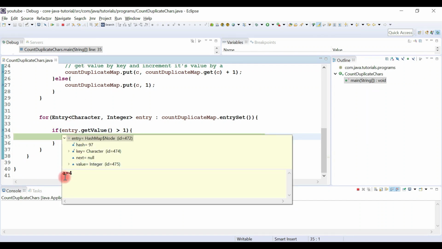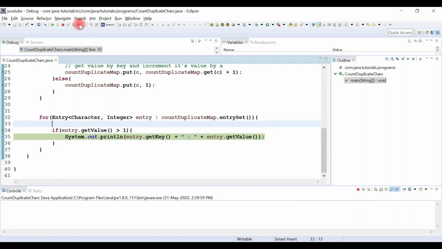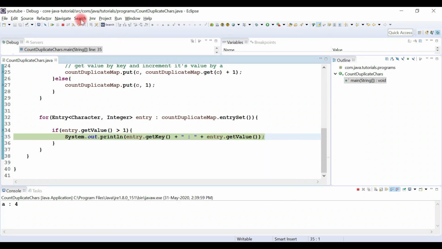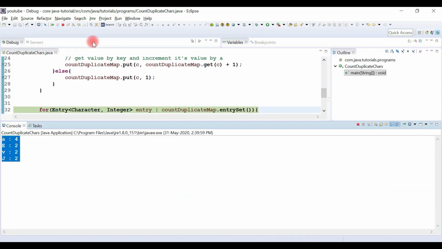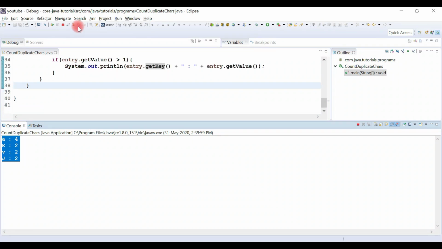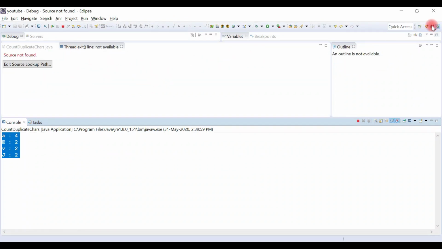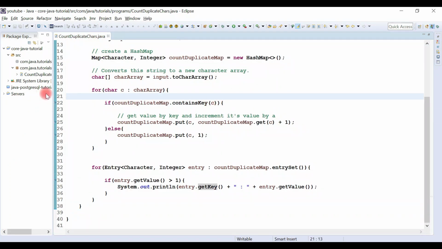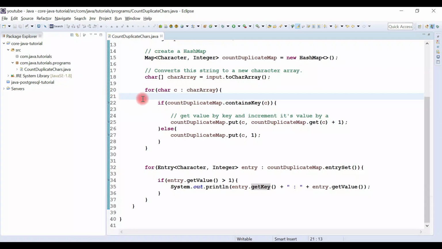So look here, a appears 4 times, so it is a duplicate character, right? Hence we are printing it here. And if you look at this entry, e appears 2 times, it is a duplicate, and we are printing it here. Similarly for the other elements. So this is how we debug the program, we can see the logic and trace the logic. So this is the HashMap based solution.